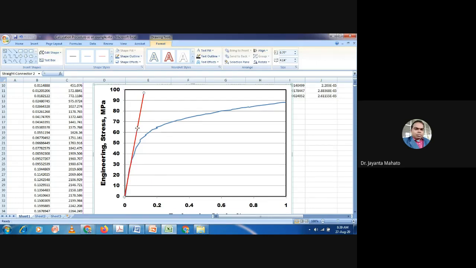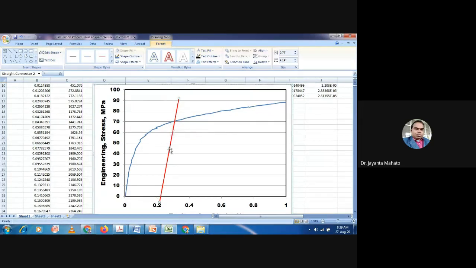Now you have to shift this line to 0.2. Shifting this line to here, it will cut the engineering stress strain curve here. So you take the value here, which is around 70.